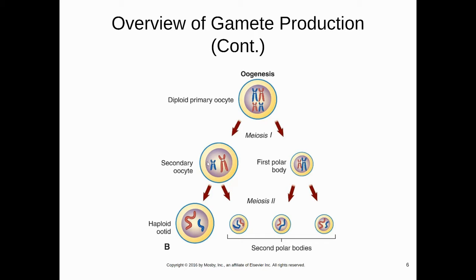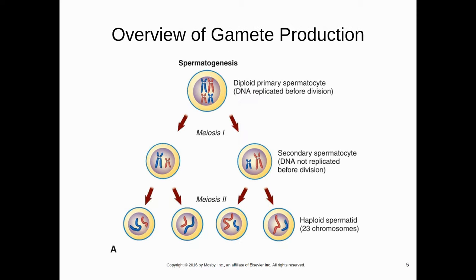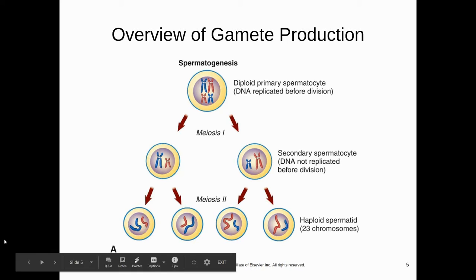And then from there, we have an additional division during meiosis 2. Again, these are just going to make more polar bodies. But essentially, we have another situation where we weight more in one direction. So instead of in sperm, where we get 4 coming out here, all 4 good sperm,